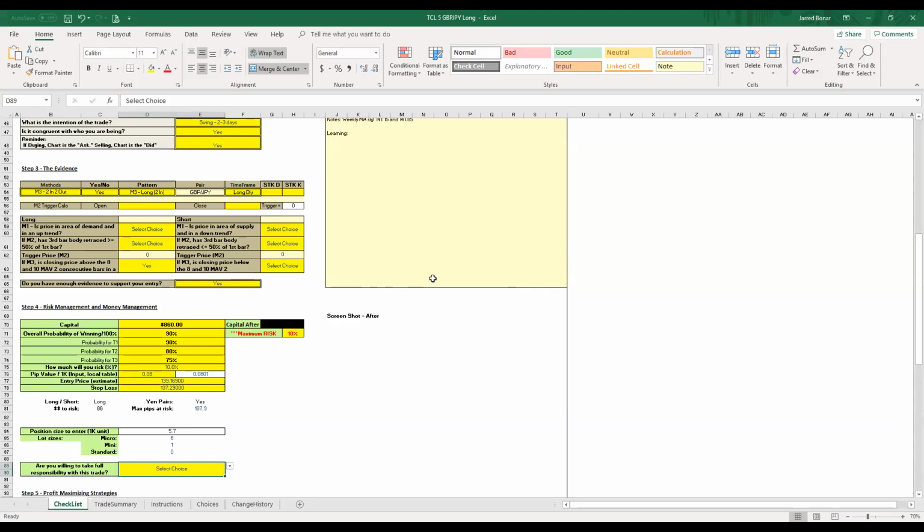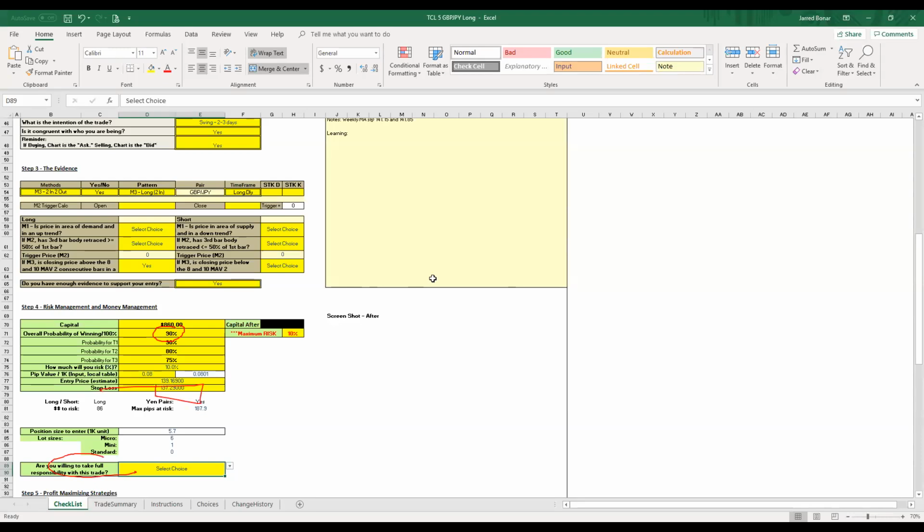Look, you took a trade that is 85% or 87% with the CAD yen. You didn't take a trade that has a 90% probability of the overall. And you also have a 90% with T1. However, you're not willing to take full responsibility with this trade. What is your worst case scenario? Well, your worst case scenario is your stop loss of 137.29 to risk